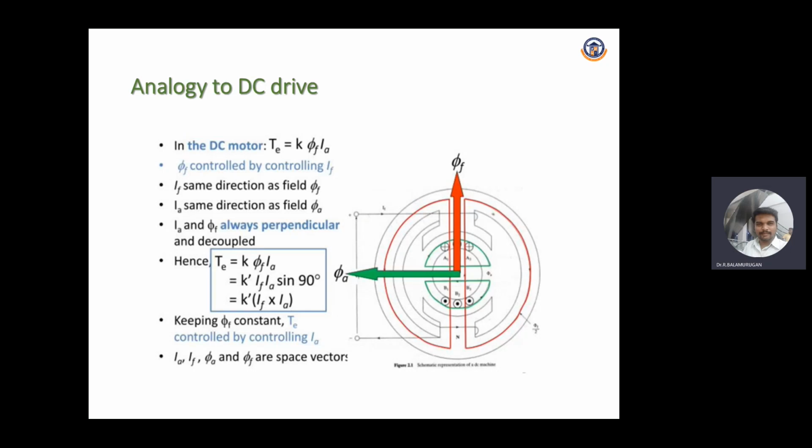So here I am giving some components description compared to that of the separately excited DC drive and also the induction motor. Here you can see the field component flux, which is perpendicular to that of the armature component. So we can say torque will be given as K into phi F into IA. So phi F, that is the flux component, can be written as IF into IA sine 90 degree, because both components will be at 90 degree